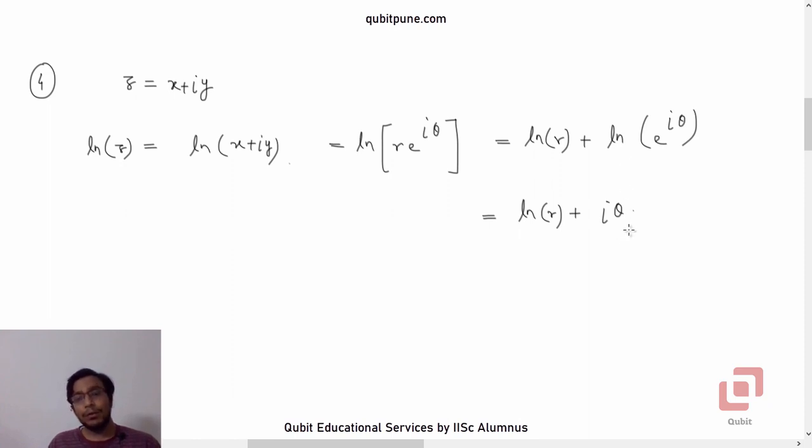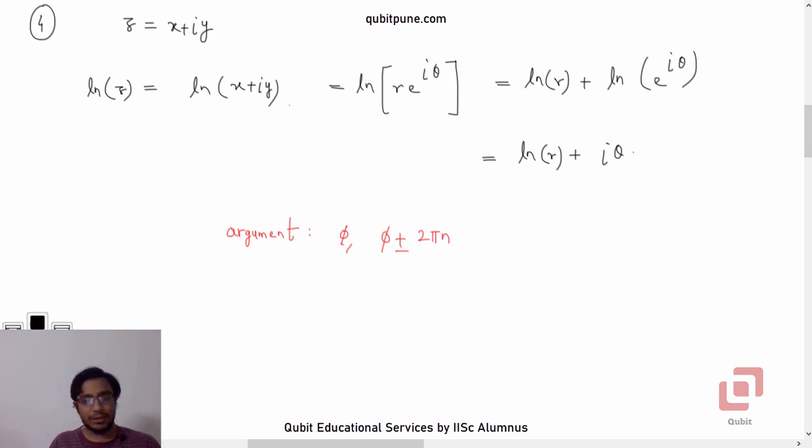Now you know that the argument of any complex number is a multi-valued function. Meaning if phi is the argument of that complex number, then any number in the form phi plus or minus 2 pi n is the argument. So this is the reason why we say that logarithm is a multi-valued function. For example,